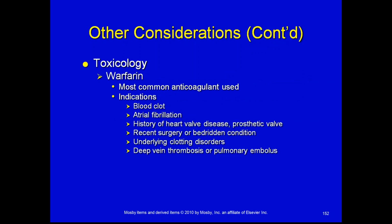Warfarin is the most common anticoagulant used. Warfarin, which is Coumadin. Indications for giving warfarin include a blood clot, atrial fib, and the reason that you give it for atrial fib is certainly